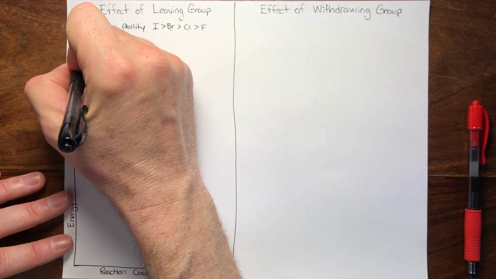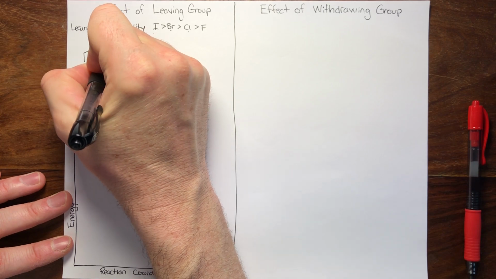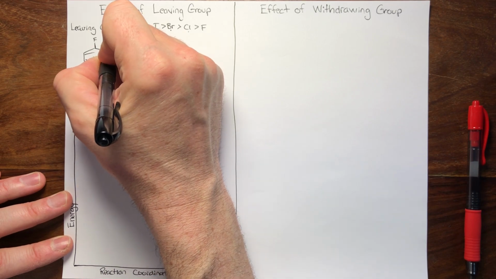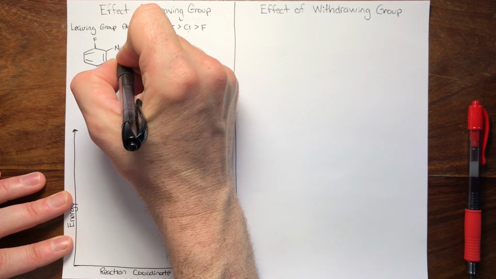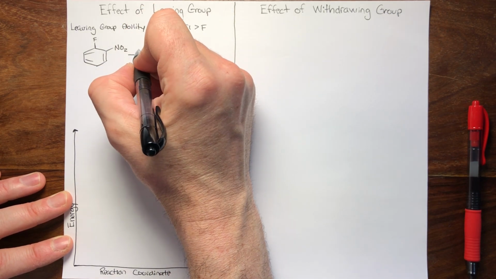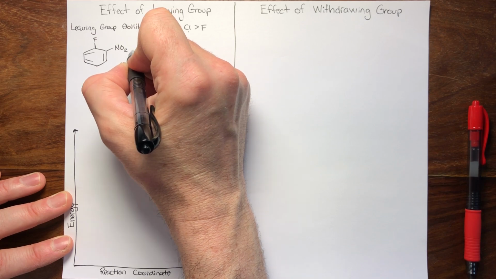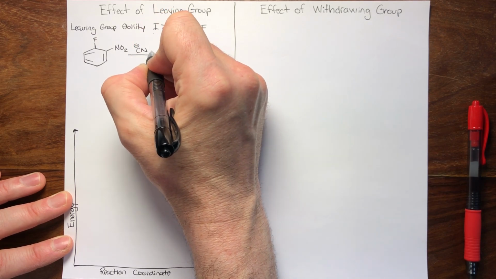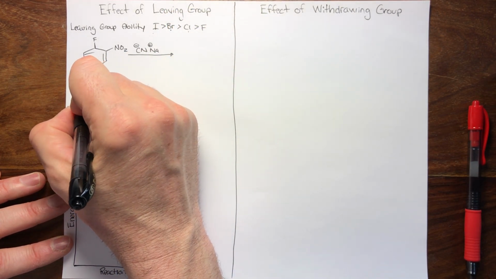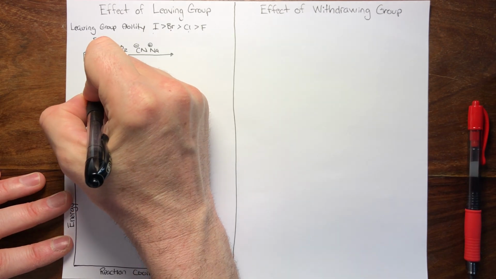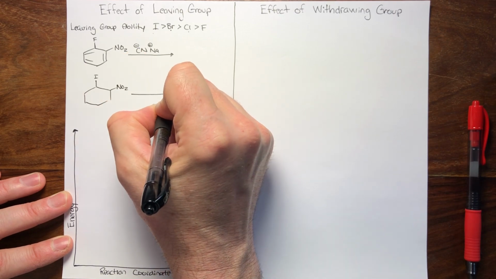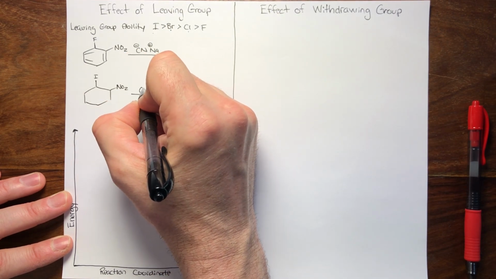So if you consider a reaction where we're taking, say, ortho-fluoronitrobenzene and treating this with sodium cyanide, and we do the same reaction with iodo-nitrobenzene, again treating with sodium cyanide,